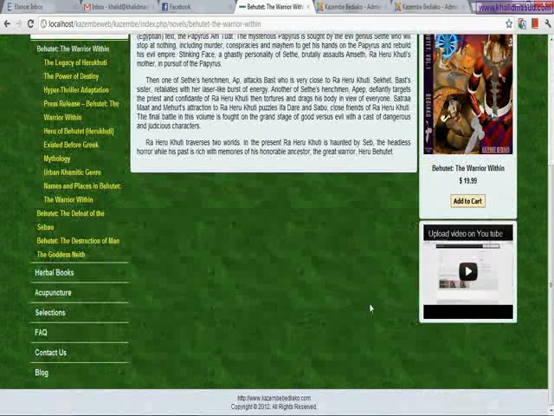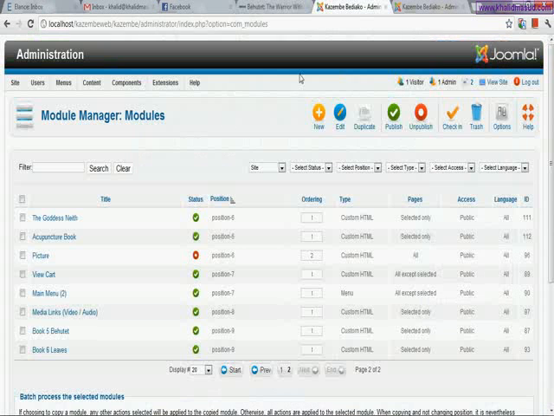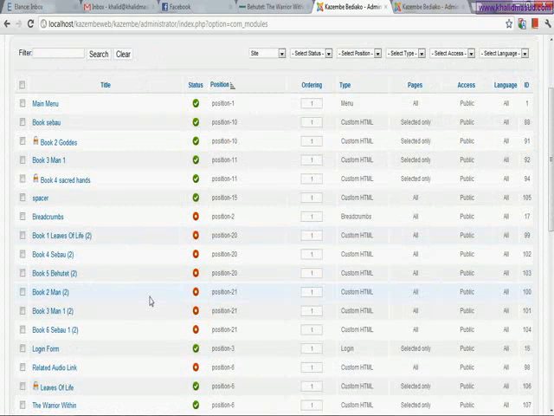These places are called modules in Joomla language. So let's see what we can do with all these things. First of all, let me display all the modules which are already there in our website.